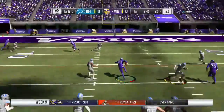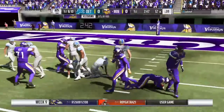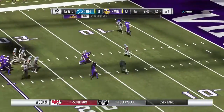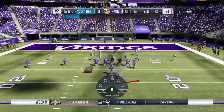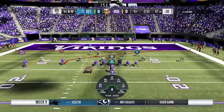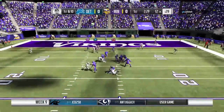Here's Cousins. He'll find Thielen working the middle. And down inside the 15, shy of the 10. Back-to-back nice gains. That one for 14 yards and another 1st. Great change up there on the route and got that inside release, made it a successful pitch and catch. Well, the first thing you want to do is have him thinking that you're going outside, make a move in that direction. Then you really don't run the route against the whole...